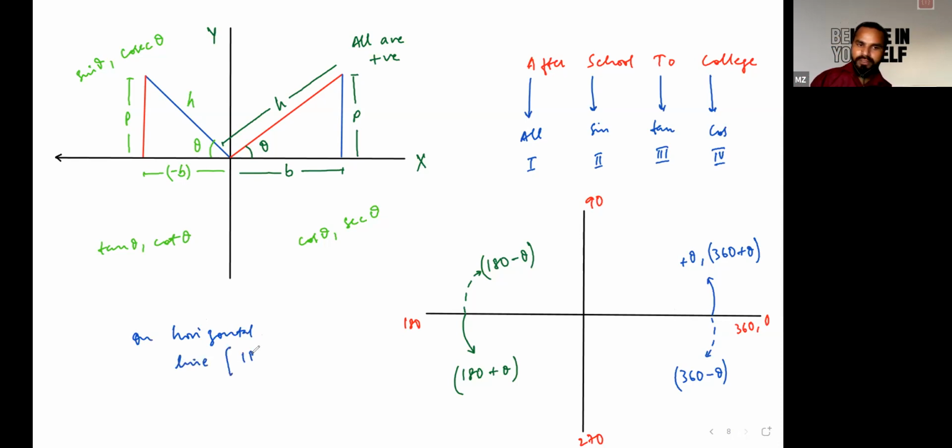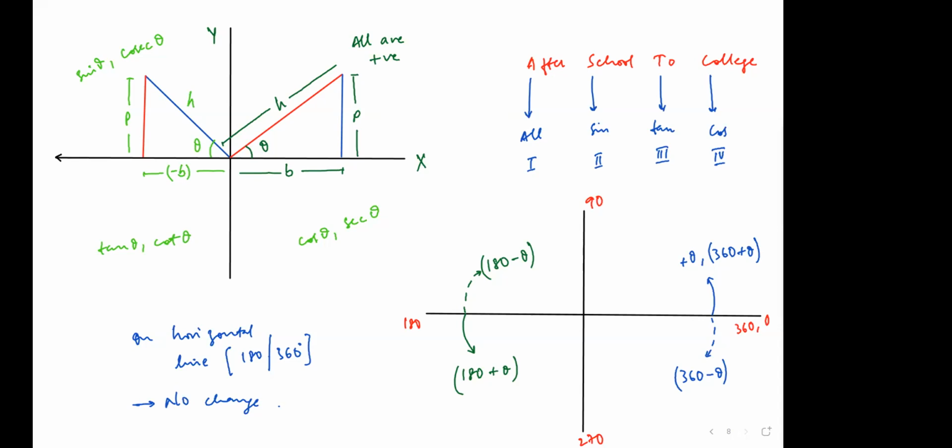It means if you are calculating with respect to 180 degree or with respect to 360 degree, we treat this particular angle as a horizontal line. So there would be no change in trigonometric function. It will remain the same. So what do you mean by this? I'm defining it. Is it clear till this part? Yes, sir. Okay, just write it down.